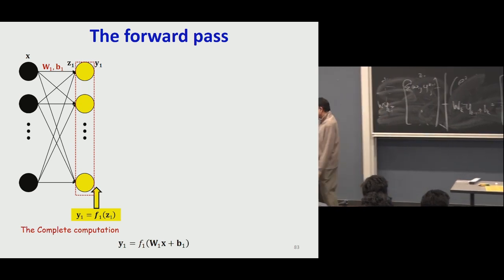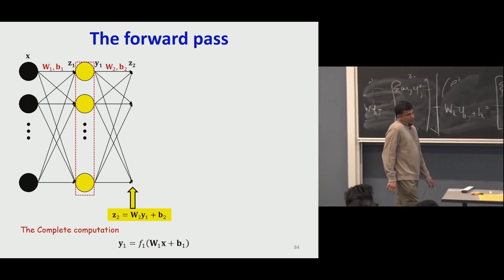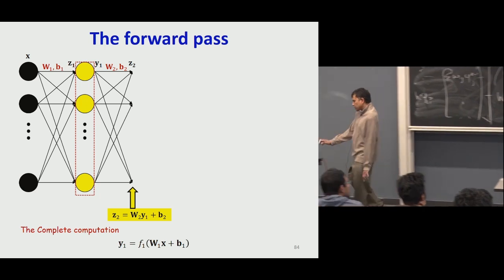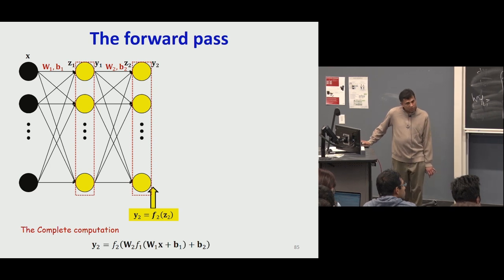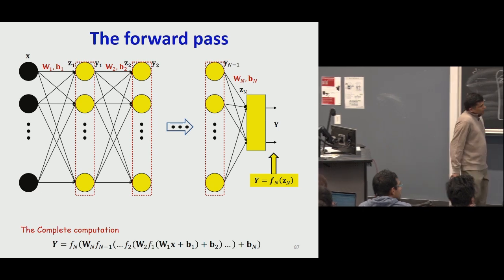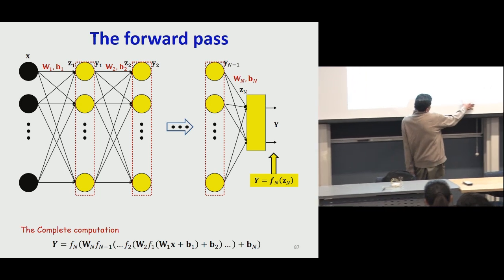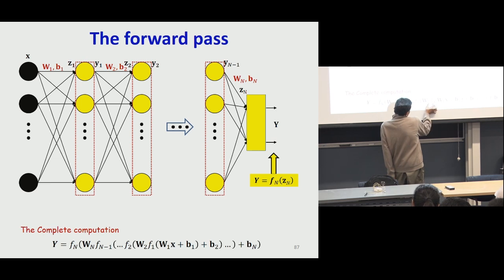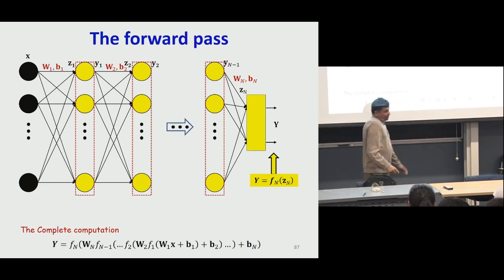Then z2 is going to be just w2 times y1 plus b2, right? And then the output of the second layer is simply going to be the activations applying on z2 and so on. I can work my way all the way to the end. Now in the process, observe something. For the first layer, I first computed the weighted combination of inputs, applied an activation. For the second layer, I computed a weighted combination of these guys and a second bias, applied a second activation,